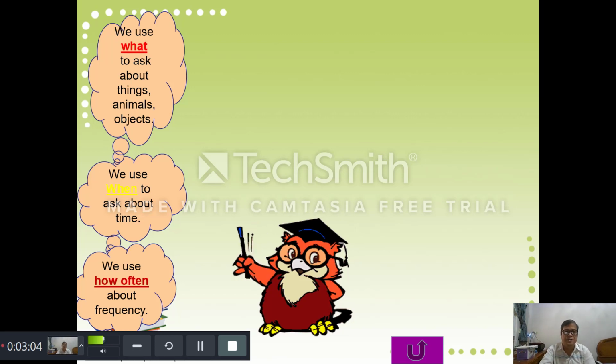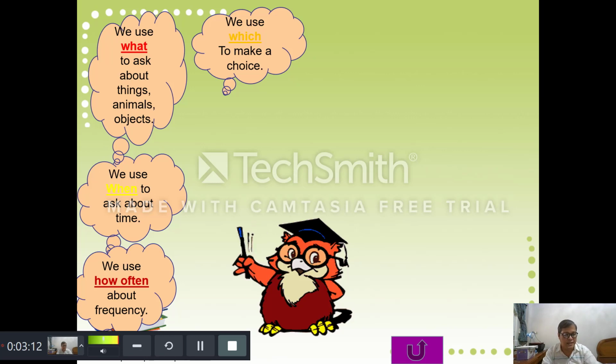The next one, we use which to make a choice or choices. You have to choose. If people ask you which pen is yours, you have to choose the blue one or the silver one. If you say like, "I like the silver one," okay, so you say the silver one. Okay, then next